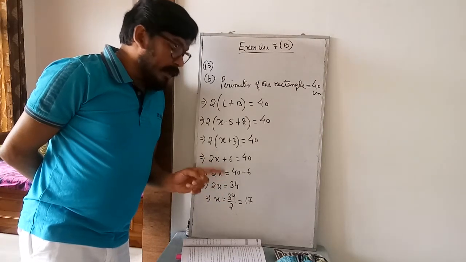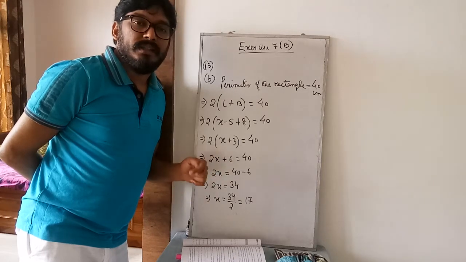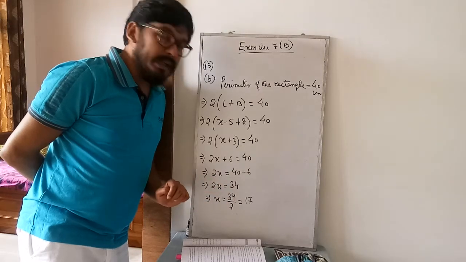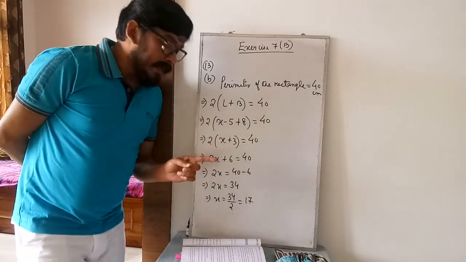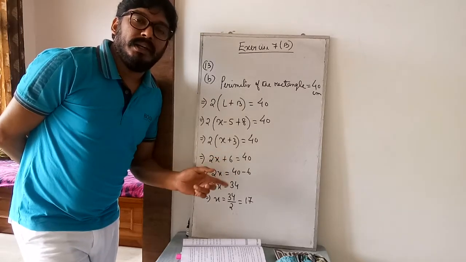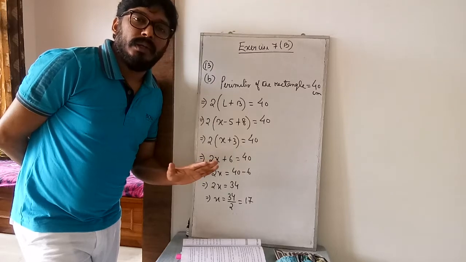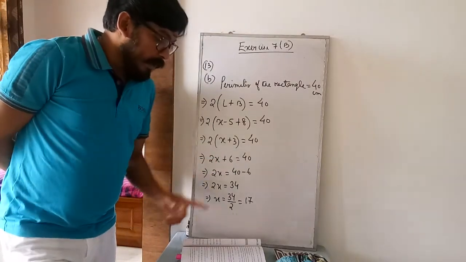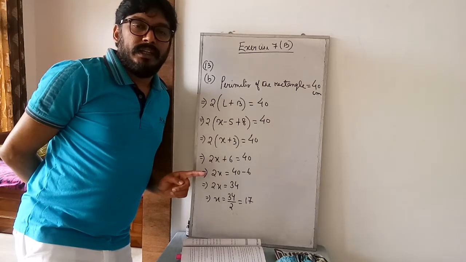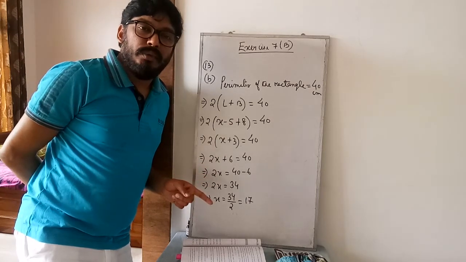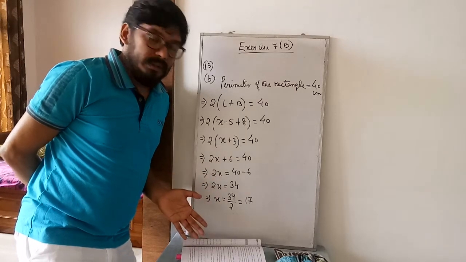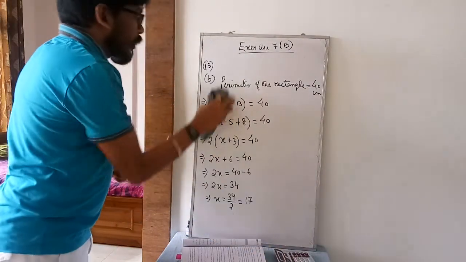So here this much meter of rope is used to fence the rectangular enclosure, means this will be the total length of the boundary. So 4x minus 2 meter of rope is required to fence the rectangular enclosure, means this much is the perimeter of the rectangular enclosure. In the figure, length is given and area is given. The perimeter of a rectangle is 2 into (L plus B). Here you know the length and area, but you don't know the breadth. So first I will find out the breadth. Okay. So question number 14.